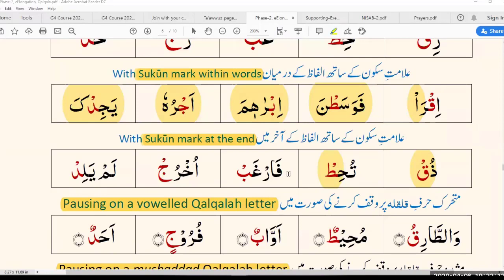So is everything so far clear? Yes. Okay. So please read the medium Qalqalah sound because the Qalqalah letter is in the end. These three. So please start with this one. Next one. Ukhruj.